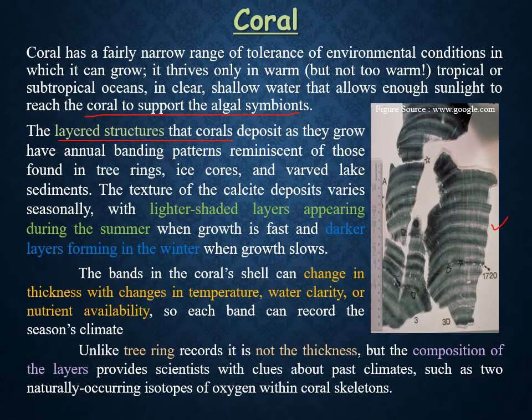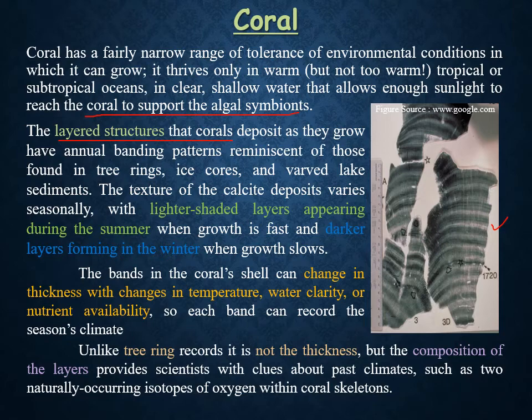Now scientists can study these rings and other characteristics to determine the climatic condition during the seasons in which the coral grew. So these coral growth bands allow scientists not only to study the climate, but also to date the coral samples, and thereby we can estimate the climatic condition, or get the climatic variation with precise time.